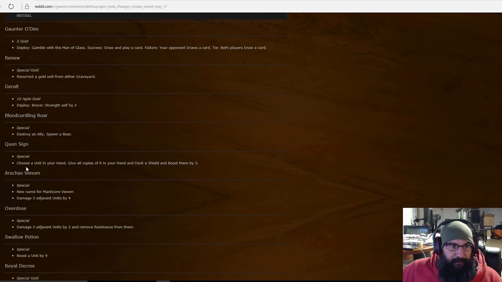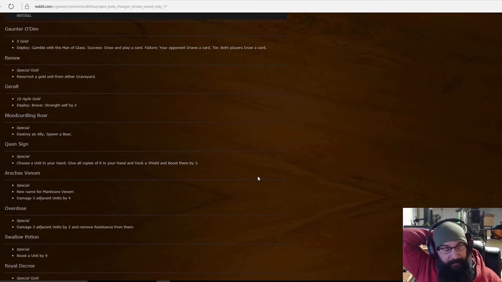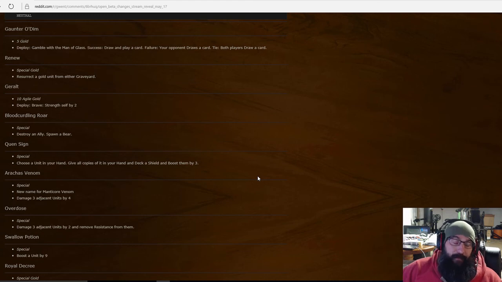Coin sign special. Choose a unit in your hand. Give all copies of it in your hand and deck a shield and boost them by 3. Okay. So now it's not only giving you the shield, but it's bumping every copy of that in your deck by 3. You might be able to play it with Queensguard, especially if you can boost all the Queensguard by 3. That's like a...